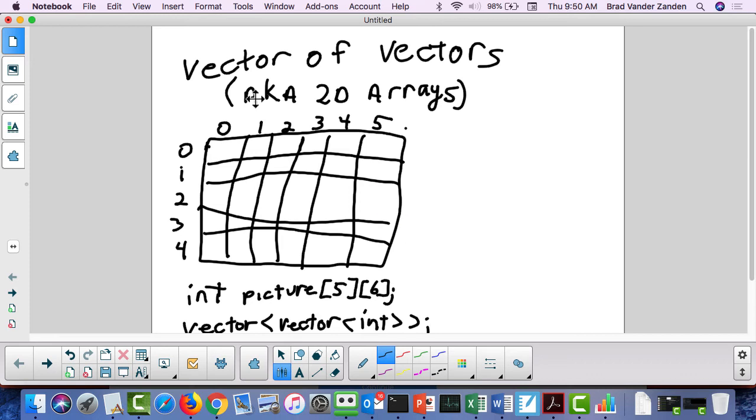Okay, so as I was saying, I like to refer to each individual entry here as a cell because it's a lot like cells in a spreadsheet. So when you're referring to a cell, you give the name of the variable, and then you would give the row and column number. So for example, if I was looking to get to this cell right here, I would say picture,